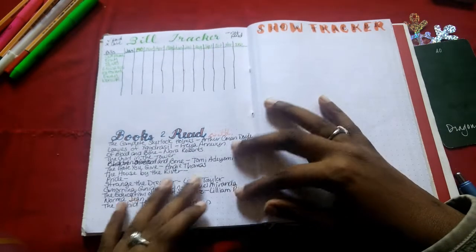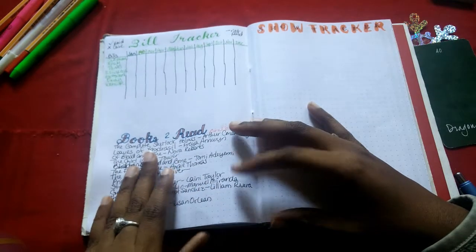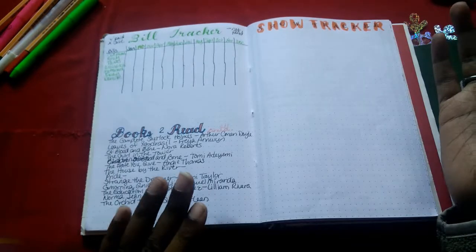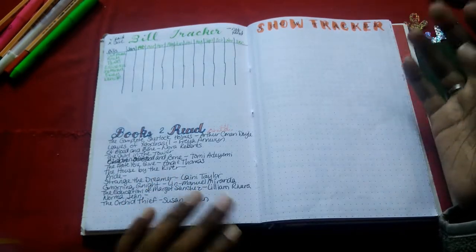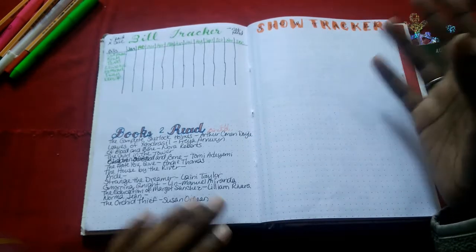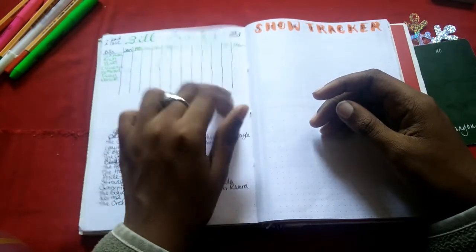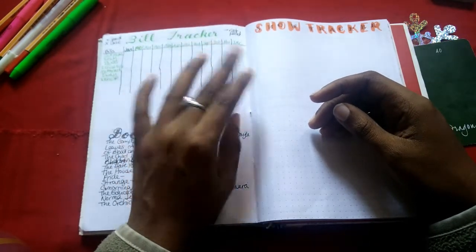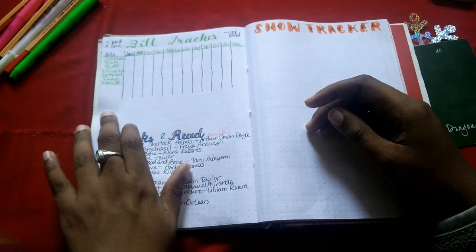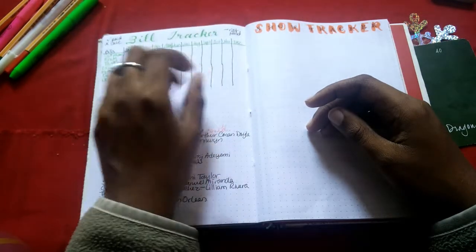And then the books to read is continued here, but this is also to help me with my Beat the Backlist challenge, which is to read things on my TBR, and not before adding new ones. So that's that. My build tracker, that worked out really well in the last 2 years. So it's just here. Very simple. I left room to add more builds. I don't have very many right now. But yeah,